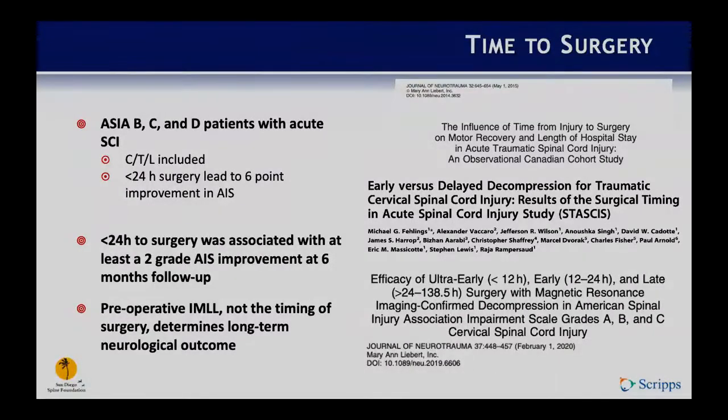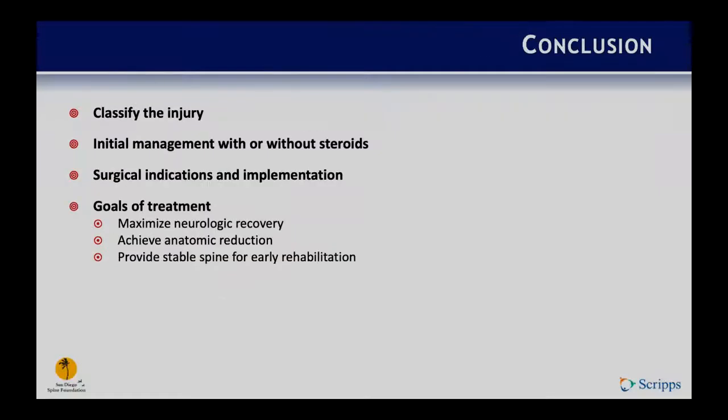However, the evidence, I would say, in general supports that, and unless there are other reasons that are delaying surgery, surgery within 24 hours, I would still recommend that. So in conclusion,